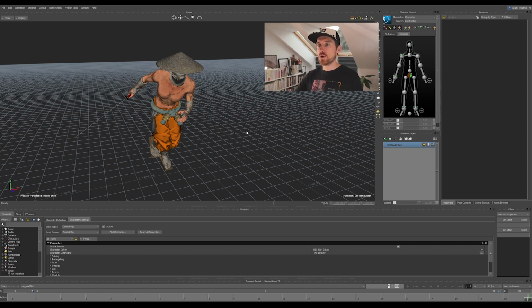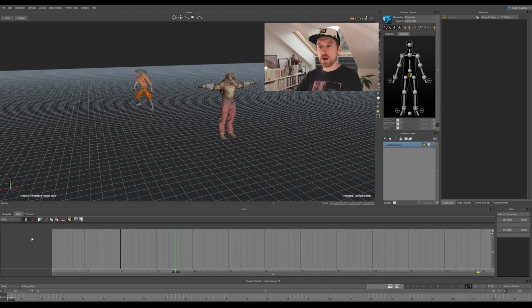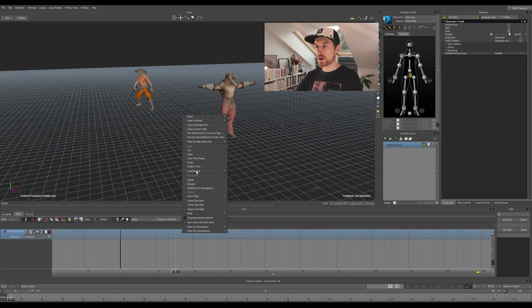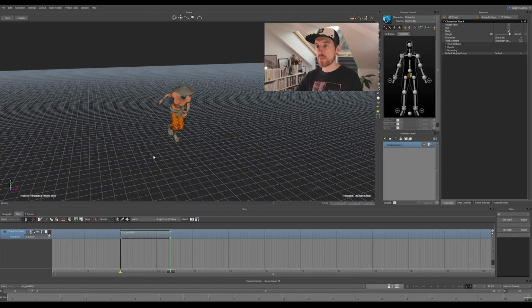So for the example, I will use that running loop, and I have another animation, a combo swing, and I want to make sure that this combo triggers from the run animation. So I'm going to make sure it triggers from motion. So I'm going to go ahead and start by creating a character track with my character with the run animation.